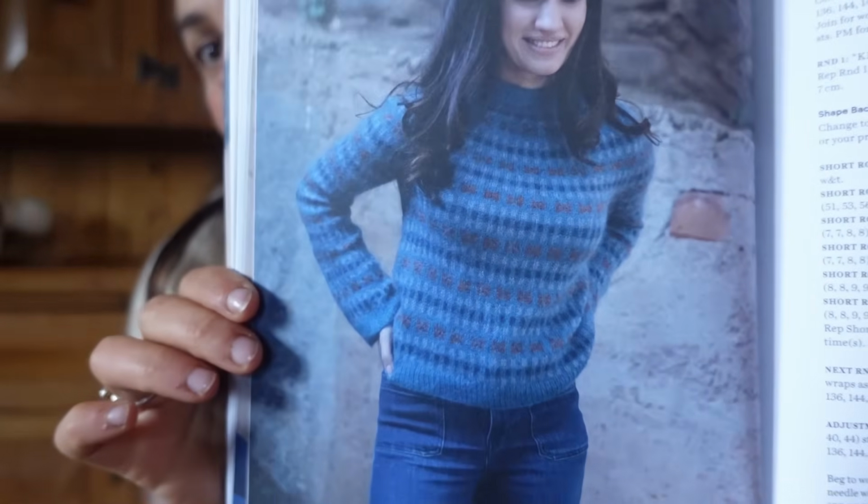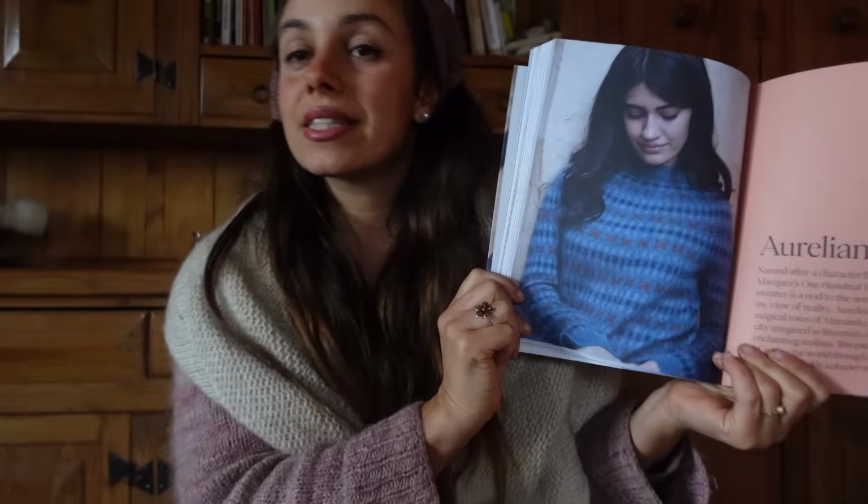Completely fell in love with this one. It's all over color work, a silk mohair held double sweater, Aureliano. Look how beautiful. I've seen more and more people knitting this one, and I think it should be popular because it's beautiful. So I was like, I would love to knit that one, and I chose the colors,